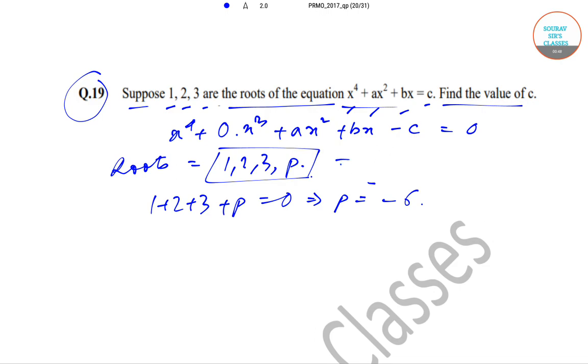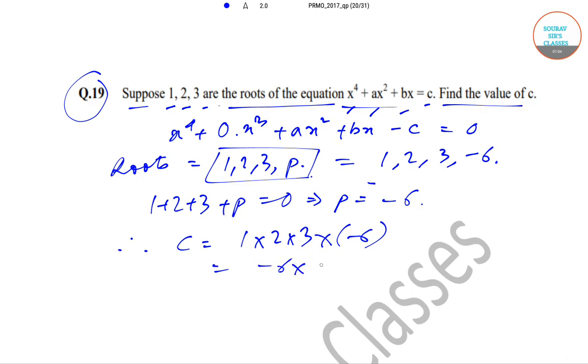So that implies that the roots are 1, 2, 3 and minus 6. Okay, so that implies that c, which is equal to the product of all the roots, is basically 1 into 2 into 3 into minus 6. So this will be equal to minus 6 into 6, so c is equal to minus 36. So the value of c is